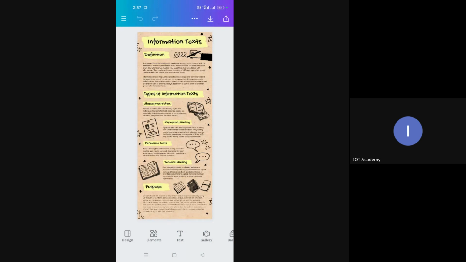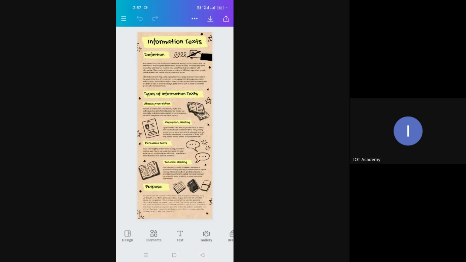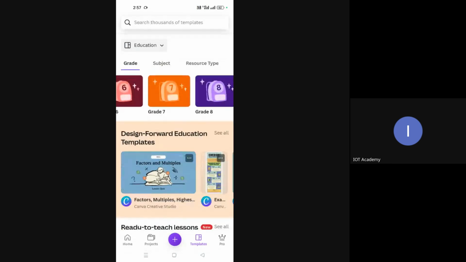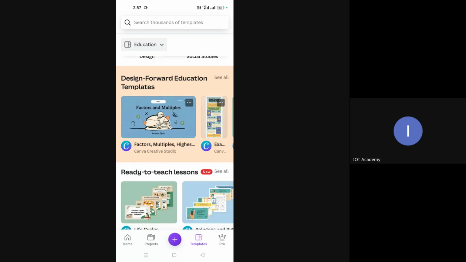All right. So you can see once again the kind of options that you have on your left panel. All these options are available. Now, with the help of this home button, you just go to resources, type, subject that you want, designing.